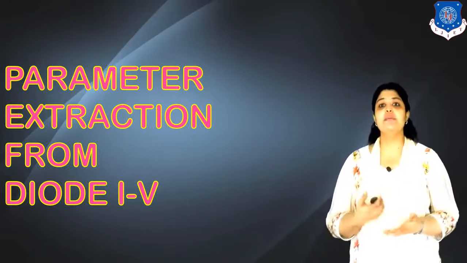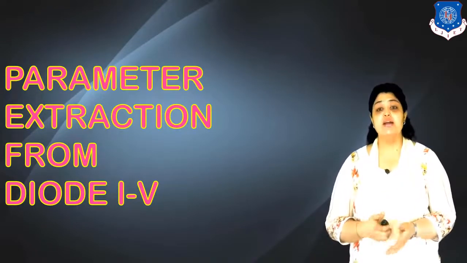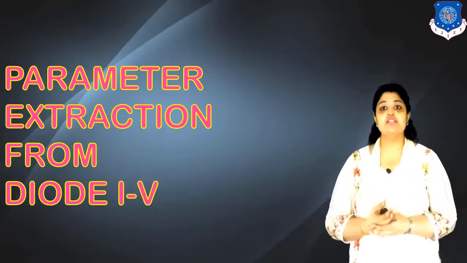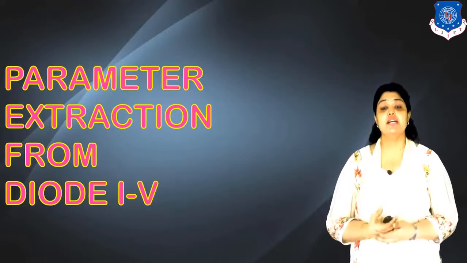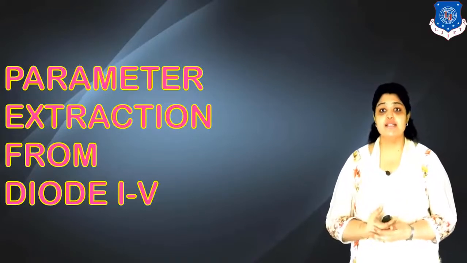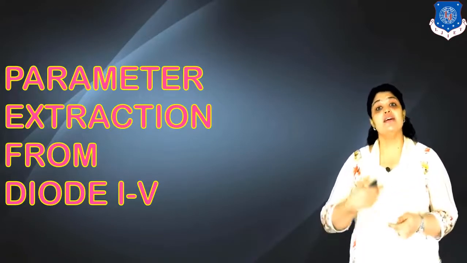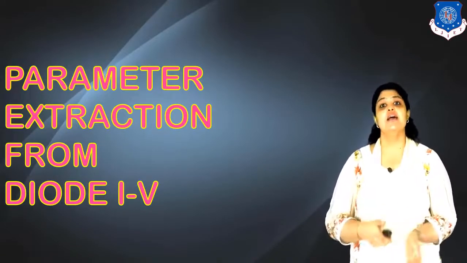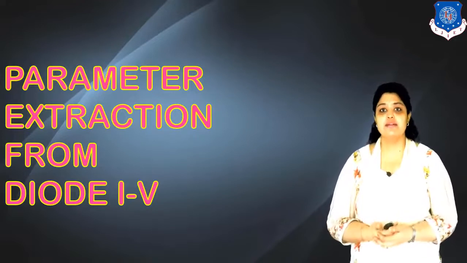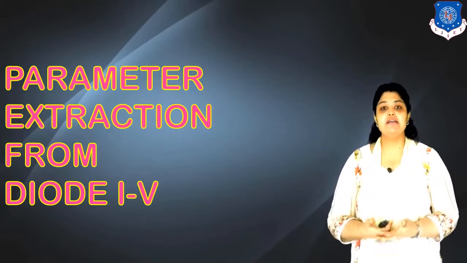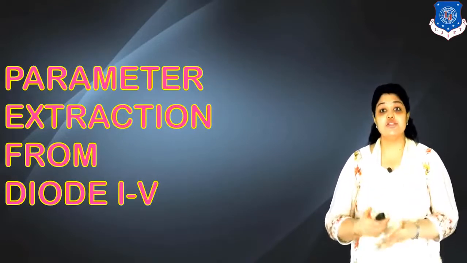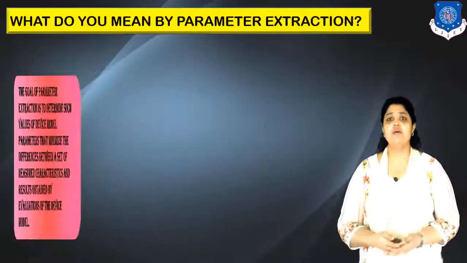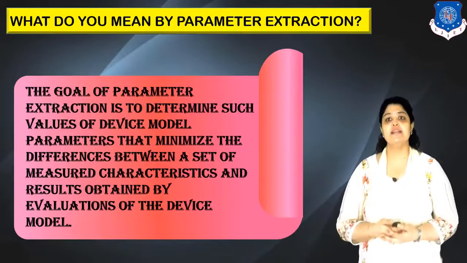We know what PN junction diode characteristics are. Generally what we do is, we vary voltage across the PN junction diode and then we measure current. But this is a reverse process. In this, we are going to vary the current, and accordingly how voltage changes, that study will give us certain parameters, like series resistance, saturation current, recombination current and so on. So now let's start with parameter extraction.